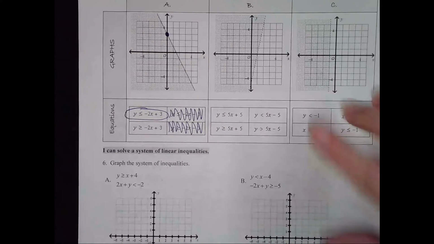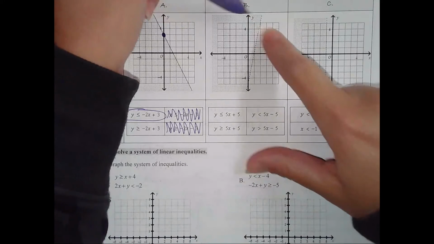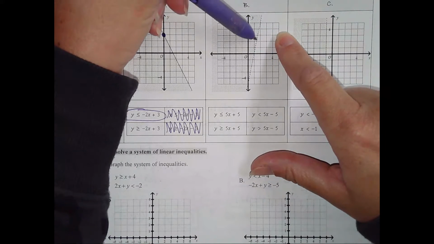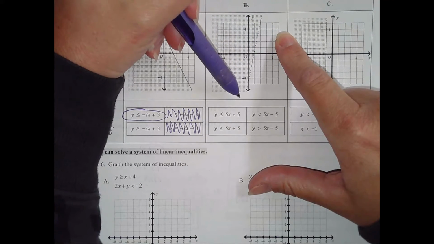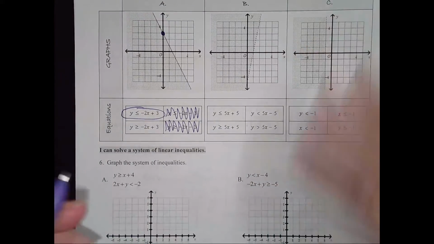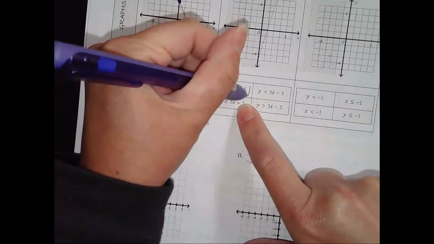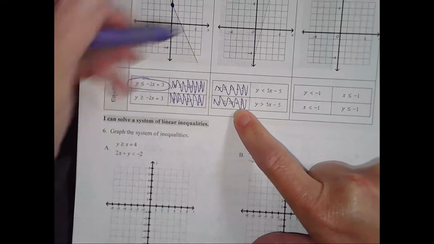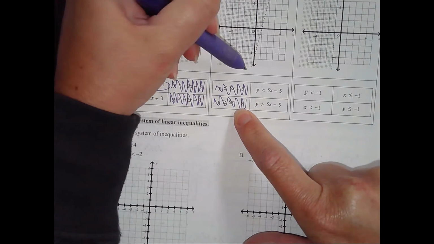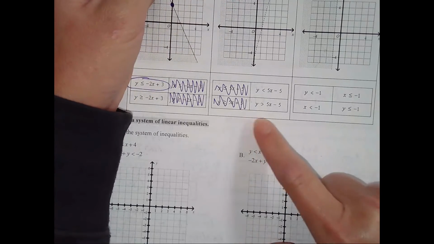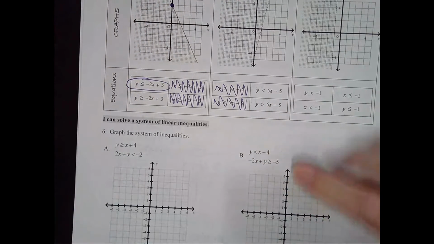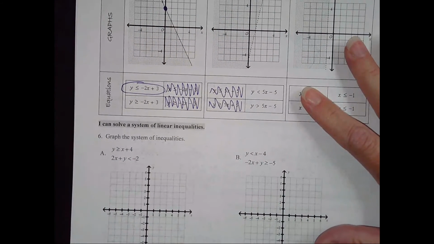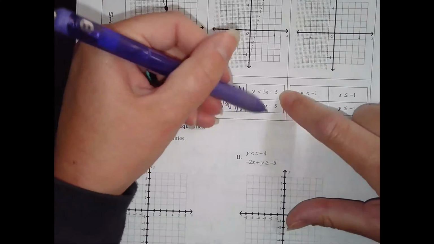Okay, so for B, first thing I notice is that my line is dashed. Dashed means that there's no equal to. So that means that I can eliminate this one and this one. The next thing I notice is that my line from left to right is going up. So that means it is a positive slope, which they both have that. And they both also have a negative